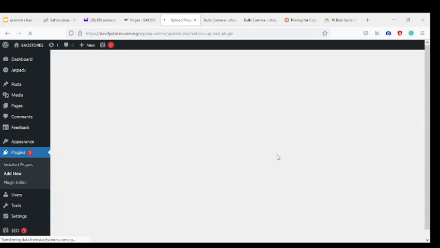You open it, you go to the WP folder, you open it, you go to content. From content, you see plugins. From plugins, then you see that